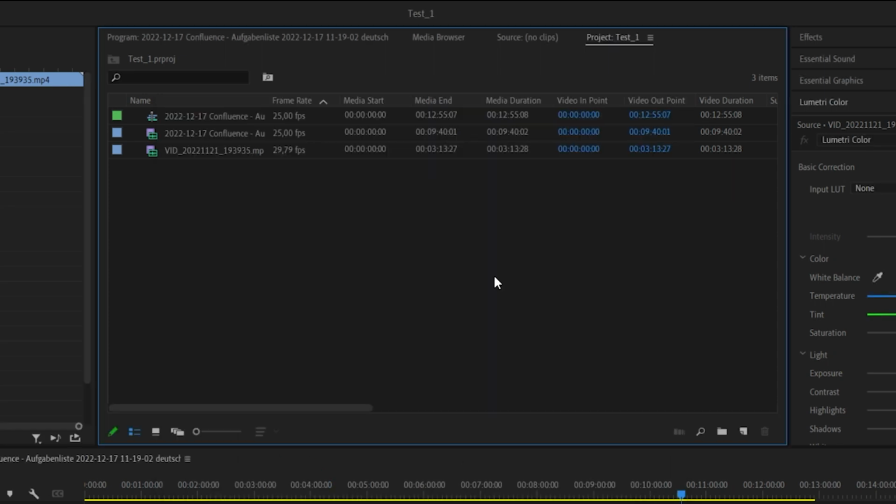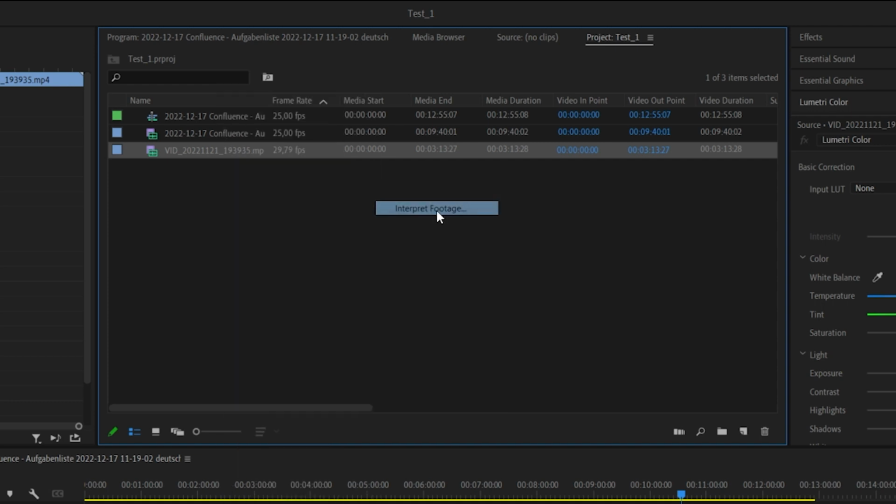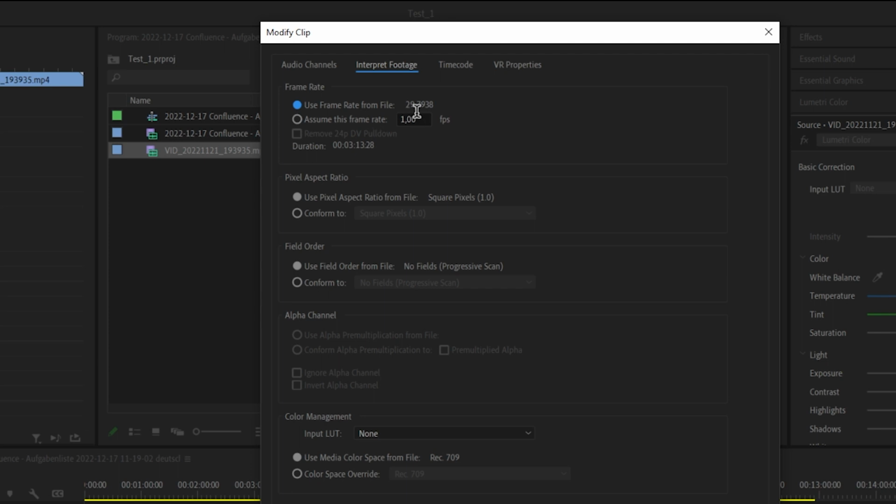And Adobe Premiere has a problem when you want to play back there, that it is not able to determine whether it is now 30 frames, 29 frames, what is it exactly, because it's switching all the time. To fix it, you just select this clip, right click, modify, interpret footage, and now you see here it's 29.7938, even more subdigits. You can now say assume this frame rate,